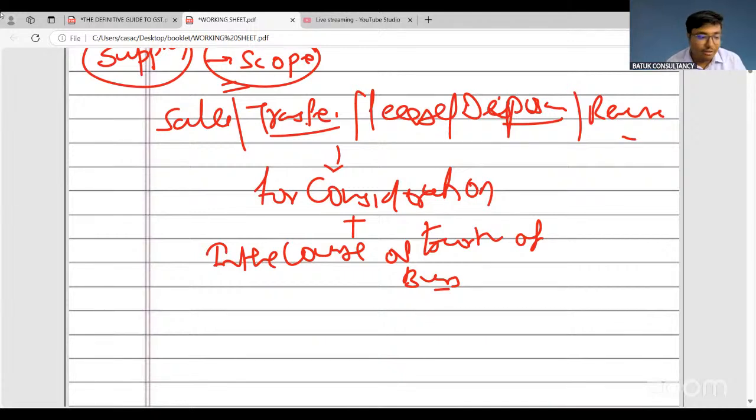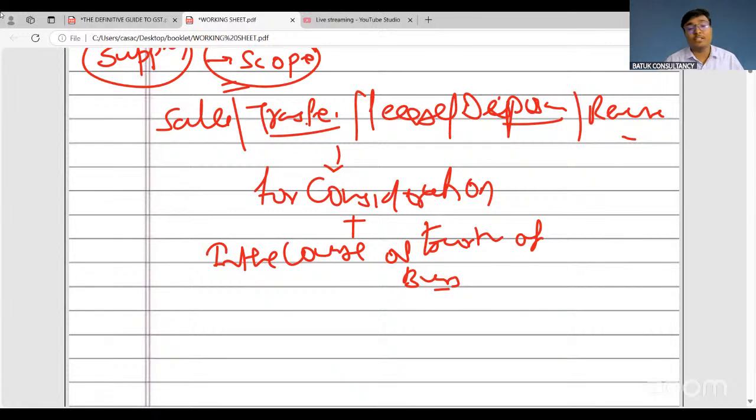Now suppose I have one asset, this pen, and I am transferring this pen to Mr. Sheshgiri, or I have prepared one contract with Mr. Sheshgiri that, sir, I am not going to charge a single rupee from you for this pen. And now I am saying to the government that yes, I am making this transfer, but I am not doing it for a consideration. I am not getting any consideration from Mr. Sheshgiri. So I am just transferring it, so no GST should be applicable.